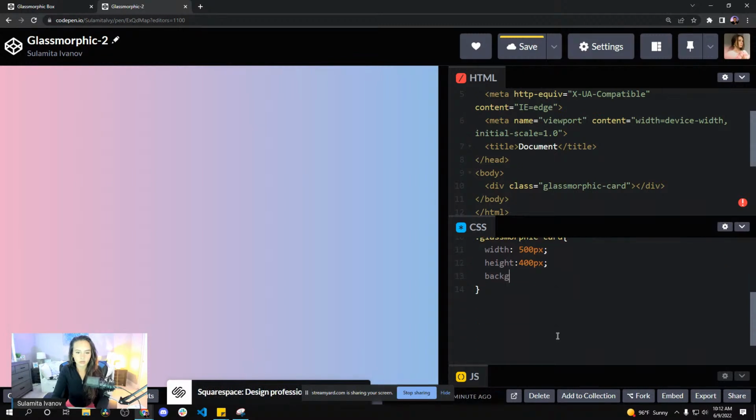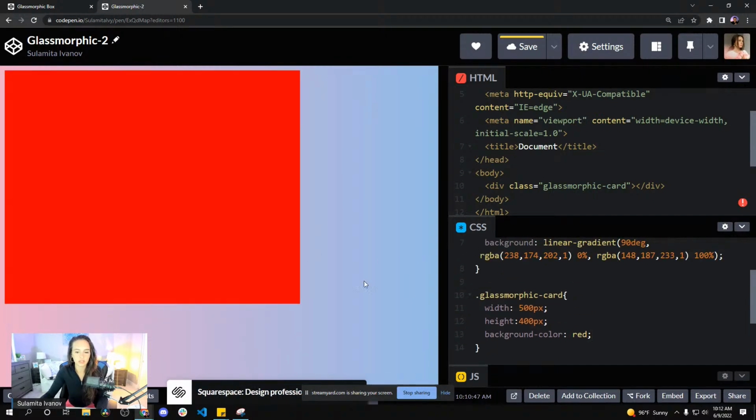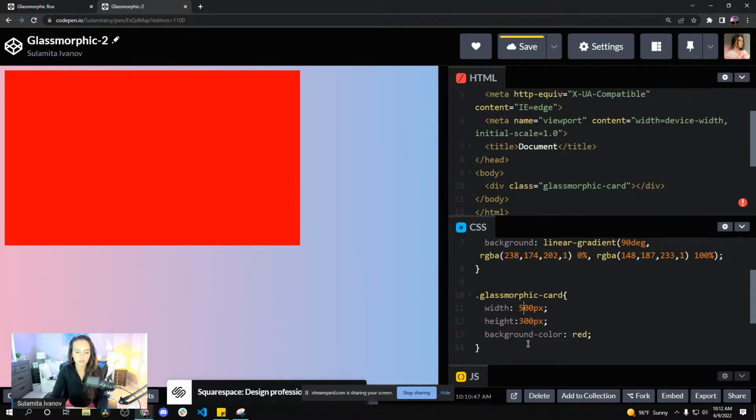And background color, I'm just going to do red for now, and I'll show you guys what it looks like. Okay, so that's what it is right now. It looks pretty bad. I am going to change it to like 300 height and width to, let's do like,